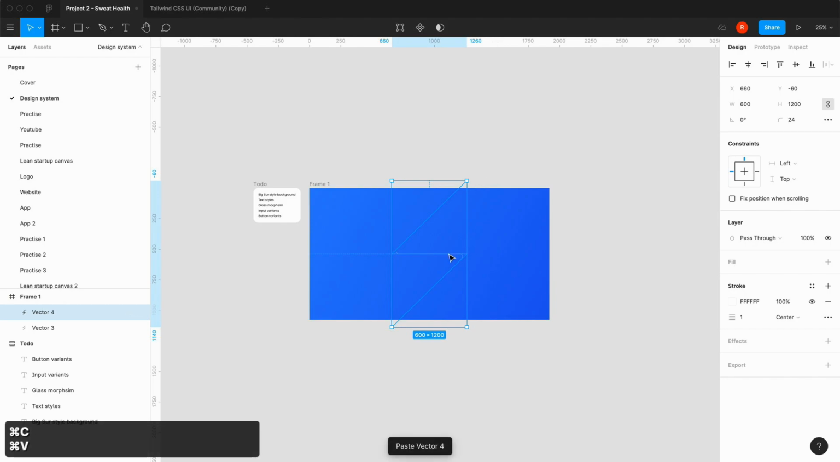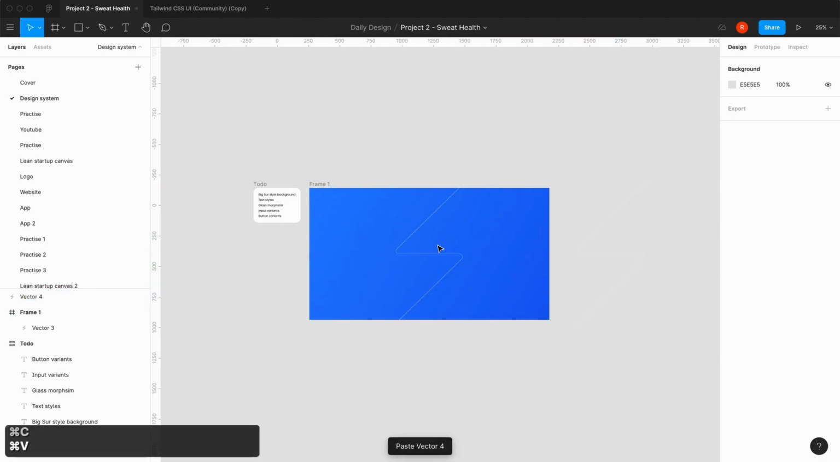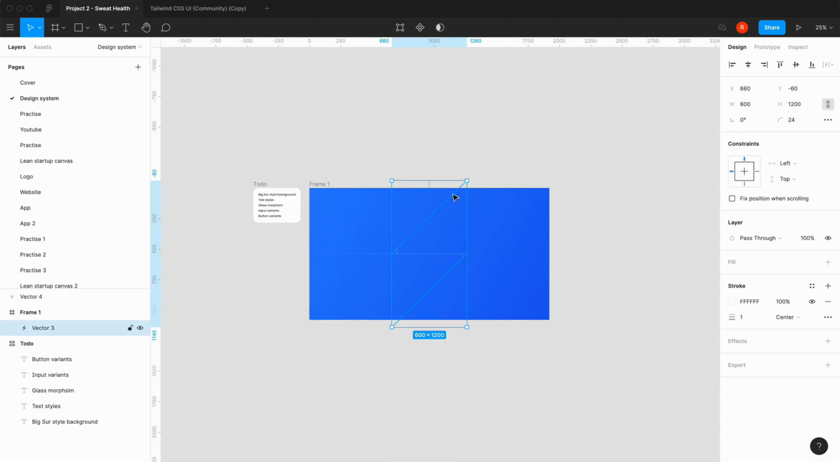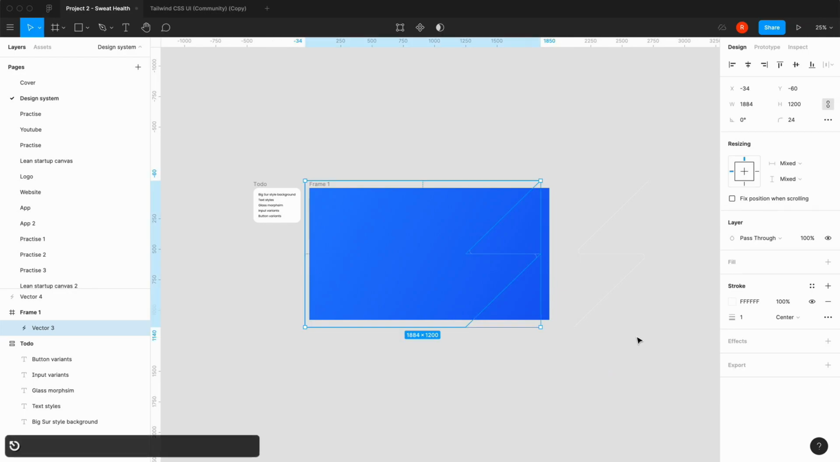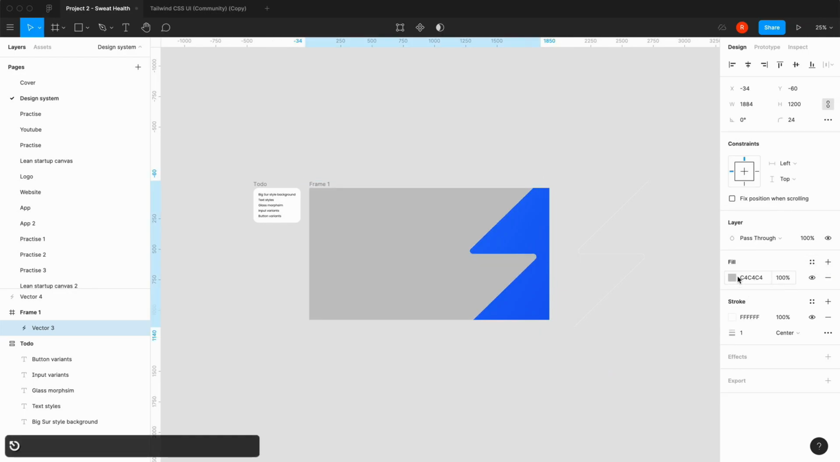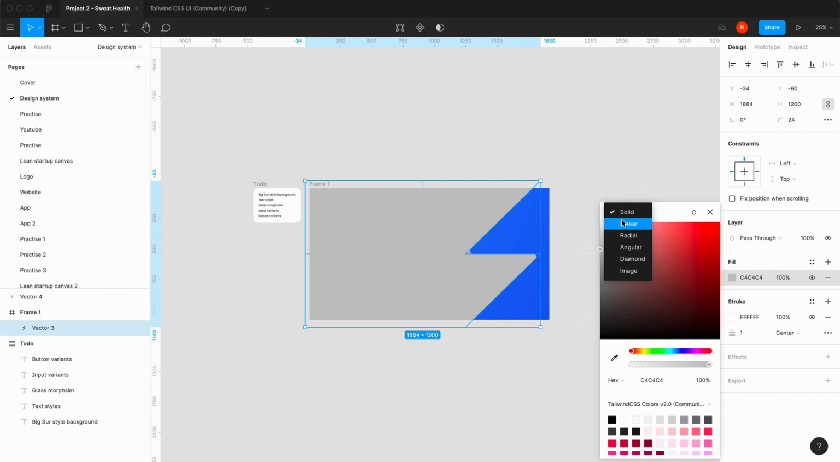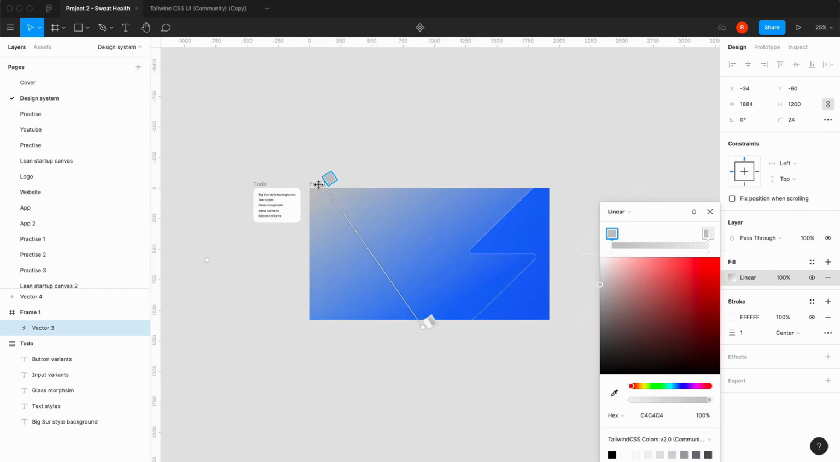So let me just save that in case. We're going to bring this right over, and we're going to start creating our nice Big Sur background. So I'm holding shift down. Okay, and then we're going to fill it. We're also going to say linear, from top left to bottom right,